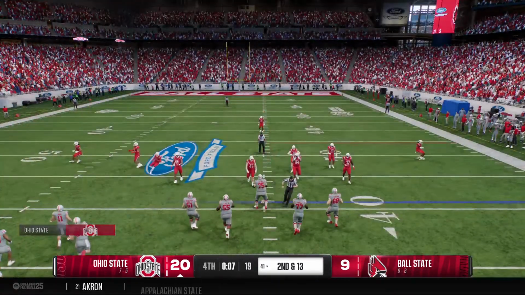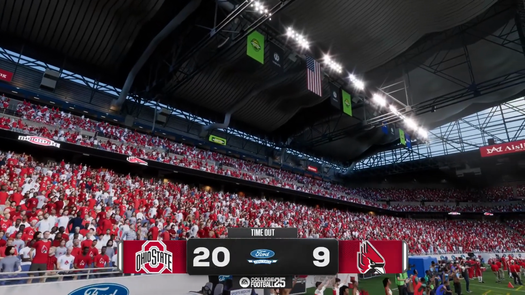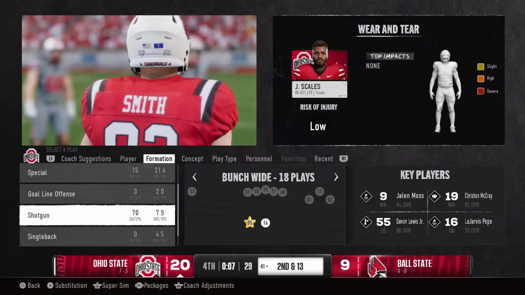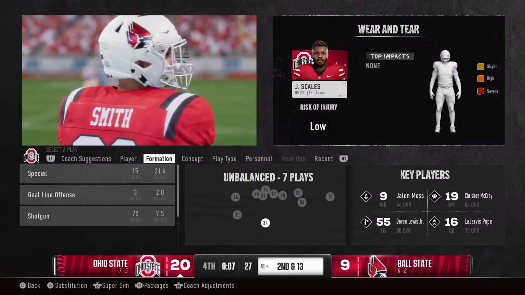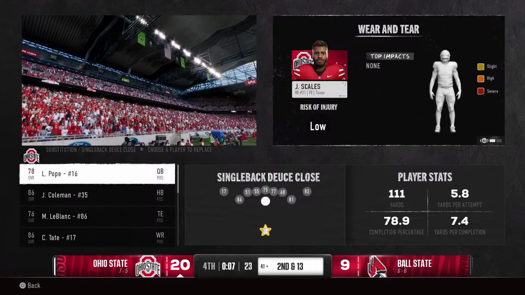Really good job by the defense, seeing it and going and getting it. Nice job understanding the touch pass. It could happen. Those guys go in motion, man. I got to understand, safety's got to see that, start flying down, getting ready to play that. Nice job by the defense being ready for that play.